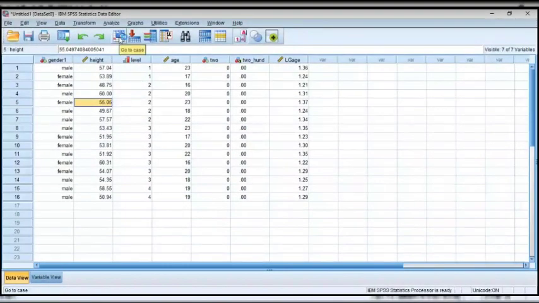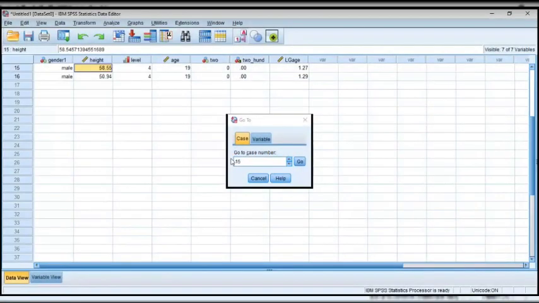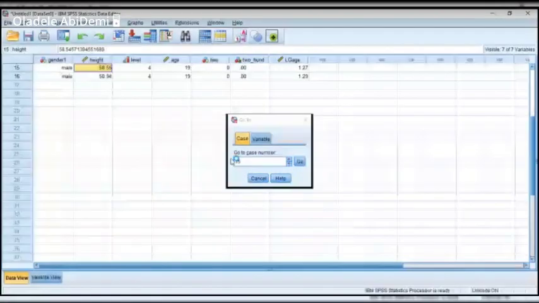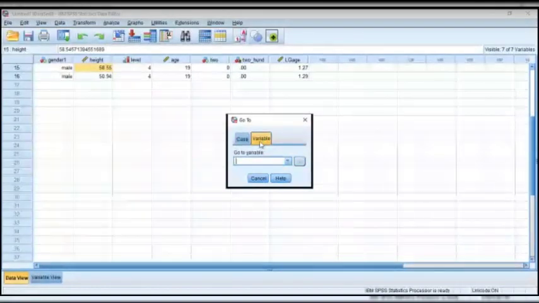Okay, go to case number 15, and with that click, I'm there. Now, I don't mean it's a variable I'm looking for. I can be working with hundreds of variables, and I need to locate a particular variable. I'll click on the variable tab, and I'll type the variable, probably age.